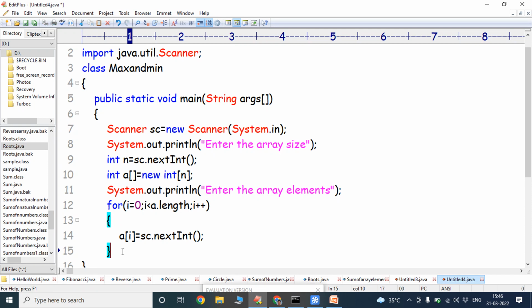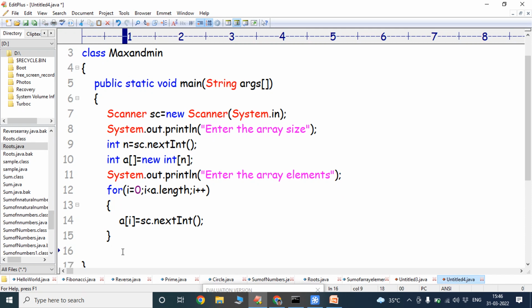Now whatever array elements are entered, that can be printed. So System.out.println, the entered array elements are